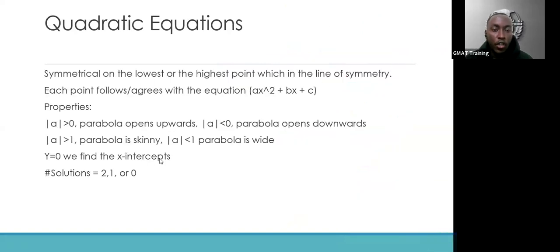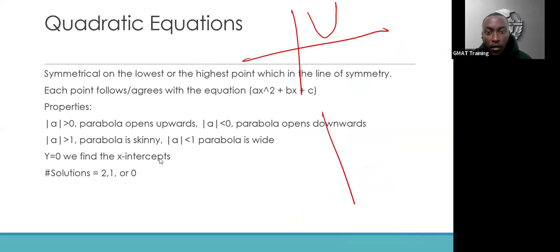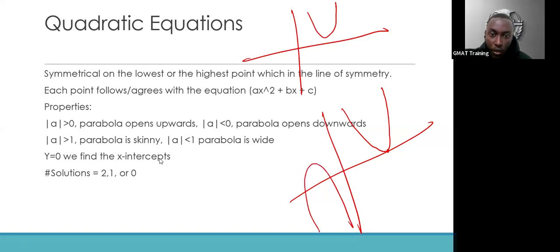Lastly, I'd like to talk about quadratic equations. So we usually say in quadratic equations, we might have no solution. That means the quadratic line doesn't meet or intercept the x-axis. Or it can have only one solution, that's when the quadratic line touches the x-axis at one point. Or it can have two solutions, whereby the quadratic line intercepts the